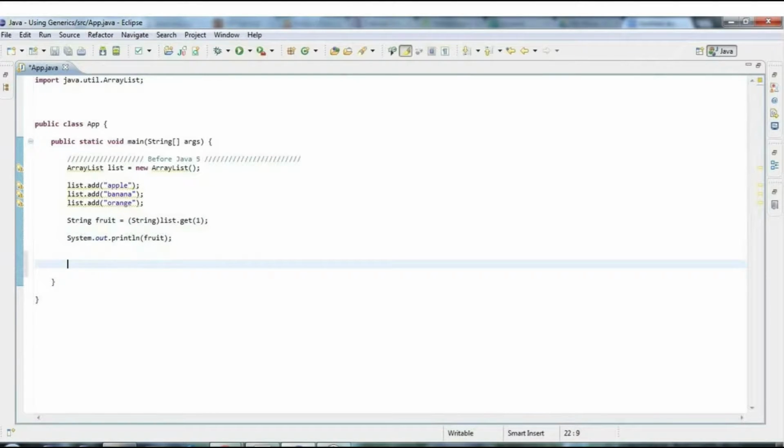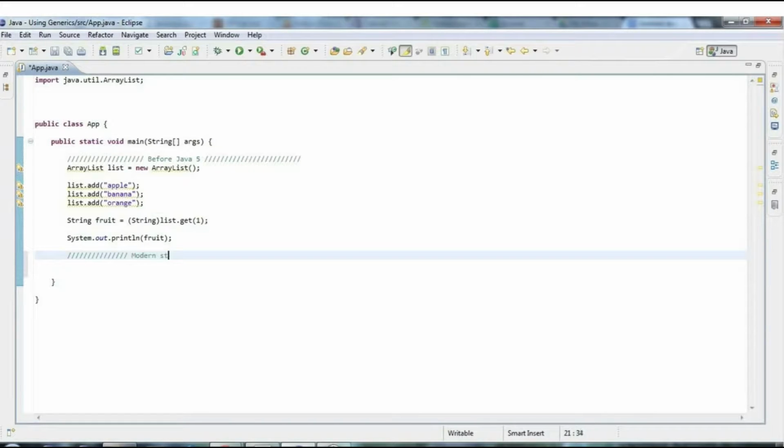But in Java 5, I think it was, generics were introduced. So you have parametrized classes, and the idea behind generics is that if you have a class that works with some particular type of object, or it could even be two or three or more distinct types of objects, then you can specify using generics. You can have type parameters which specify what kind of object you want that class to work with. So to take an example here, the modern style,